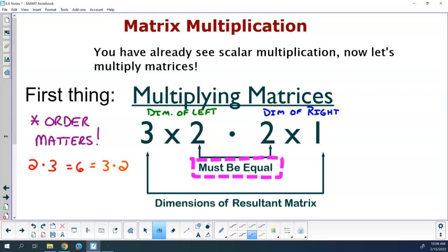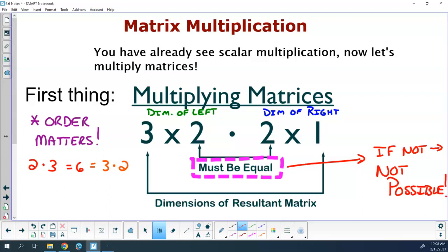If they aren't, you cannot multiply. If those middle dimensions are different, it is not possible. You cannot multiply those two matrices